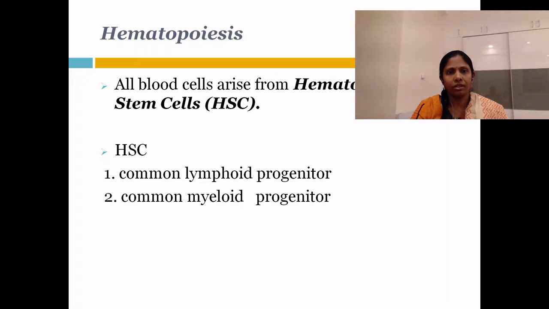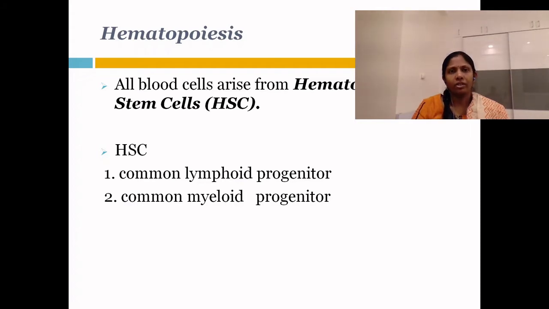The hematopoietic stem cell, in fact any stem cell, can undergo self-renewal as well as give rise to different other types of cells. This means when a stem cell undergoes division, the daughter cells may be both stem cells, or both different types of cells, or one of the daughter cells may be a stem cell and the other may be a more specialized form of cell.